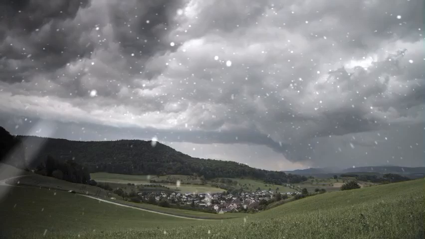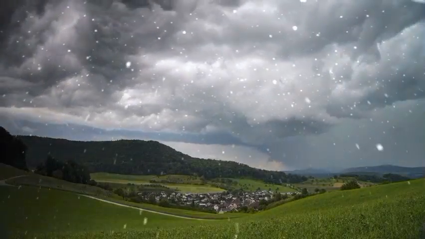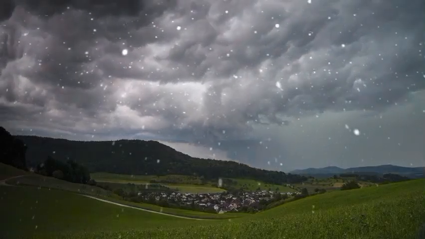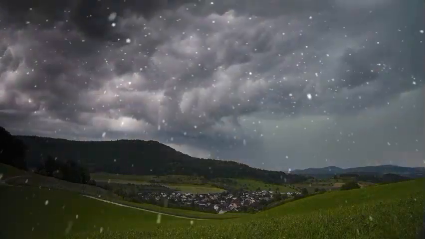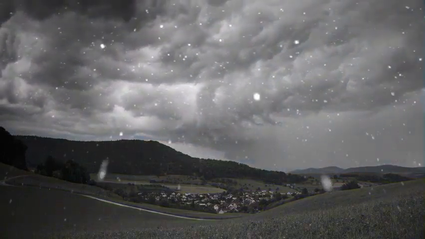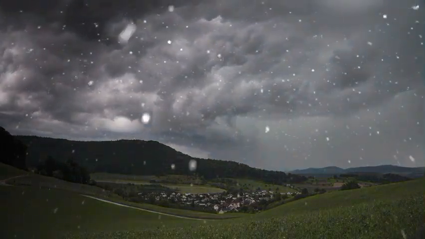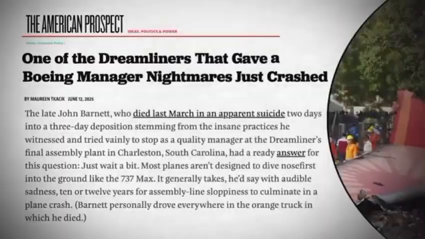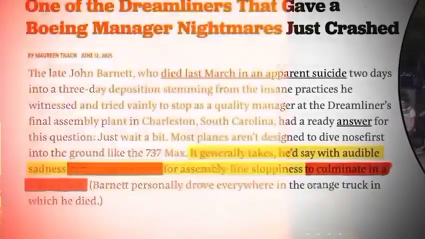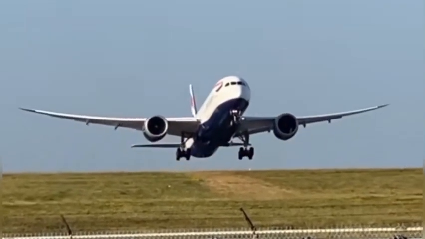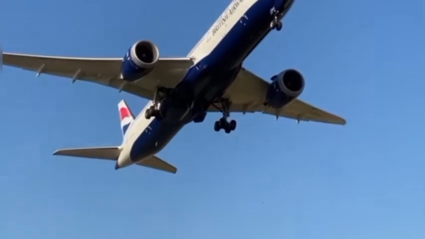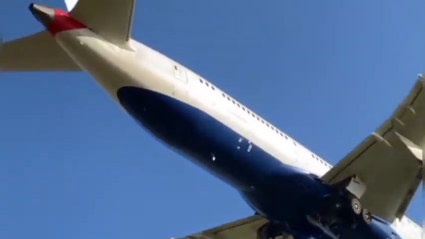In this way, friends, in the last few years, questions have been raised on Dreamliners, but in their defense, it has always been said that if this plane is so unsafe, so bad, then why has not a single Dreamliner crashed till date? On this, John Barnett had said a few years ago that the carelessness in making any plane can take 10 to 12 years for the plane to crash. And now, the Dreamliner that Air India crashed was 11 years old, from 2009 to 2016.